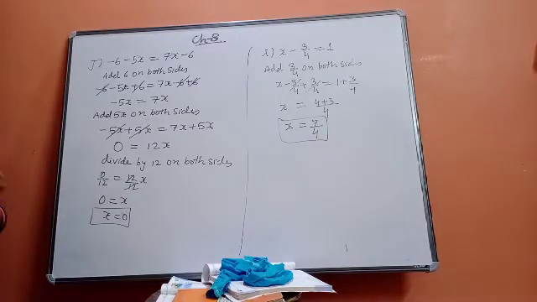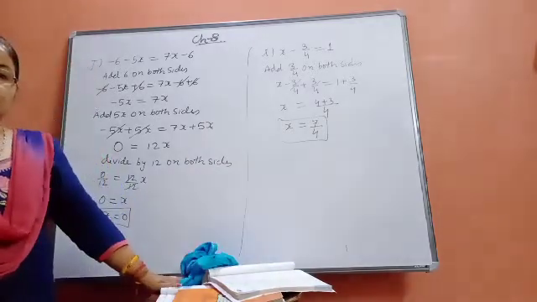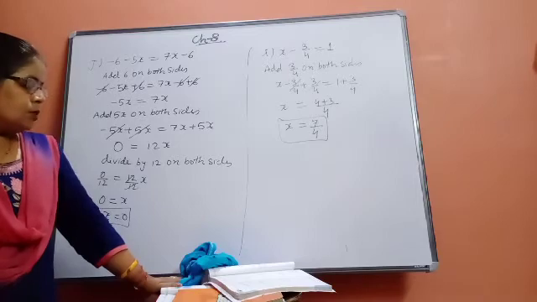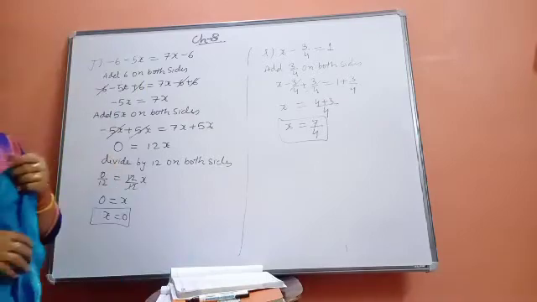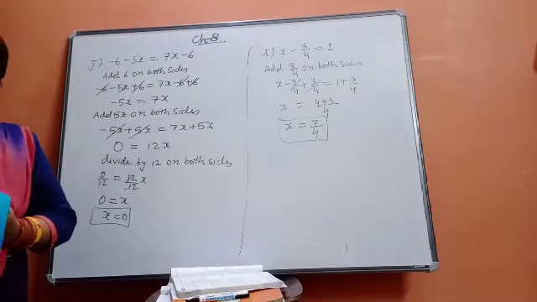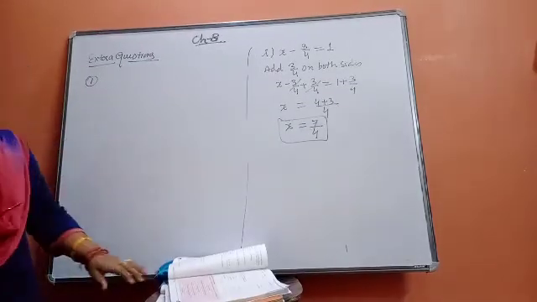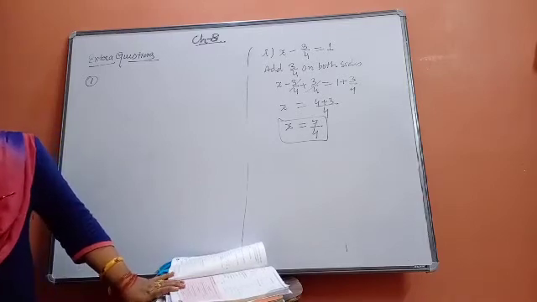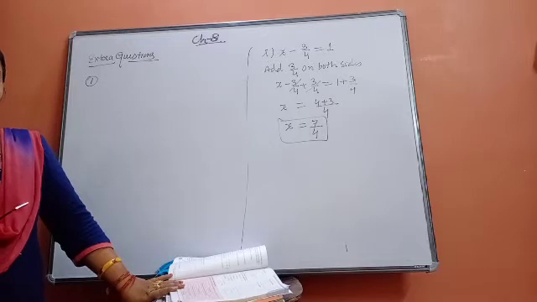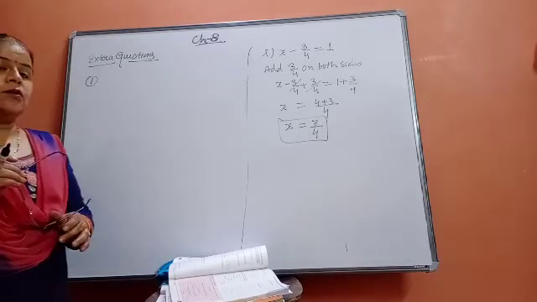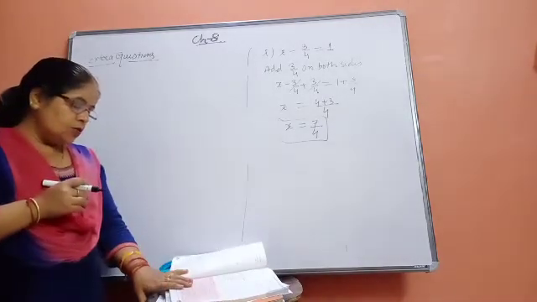So it is not difficult, beta. Okay, do the steps, don't miss any, you have to move step by step, then only you can understand the problem. One or two more extra questions I am discussing with you, and then I will give you some homework questions. You just do them, practice. Okay, then only you can understand. See that, beta, a few more questions we are going to do here in this exercise, so that you can understand the chapter. But be very serious while you are doing this chapter. Okay, and see the question very carefully, and concentrate while you do the question.